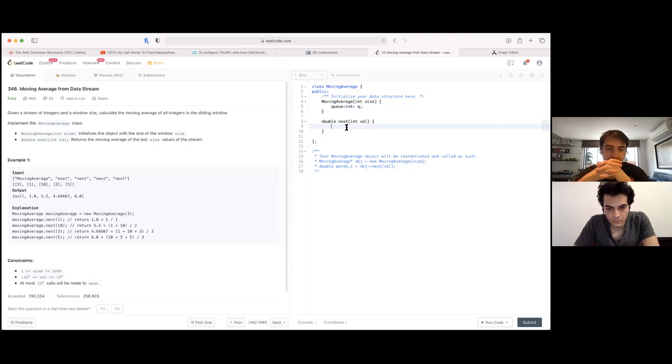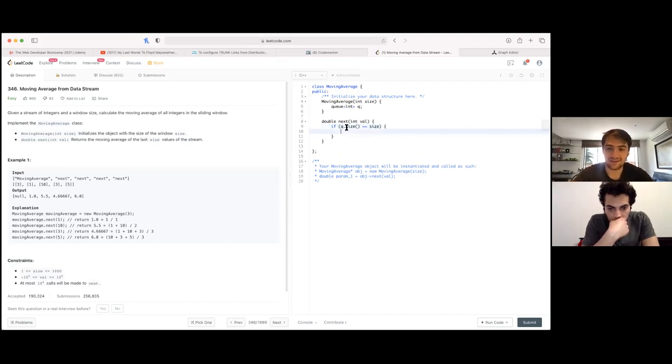I'm going to need an if. So if q.size is equal to size, then q.pop, and then